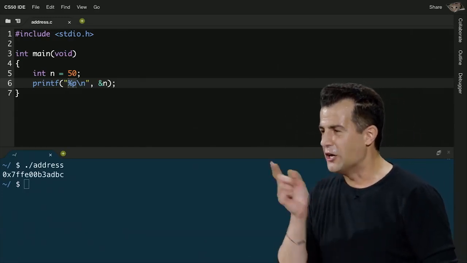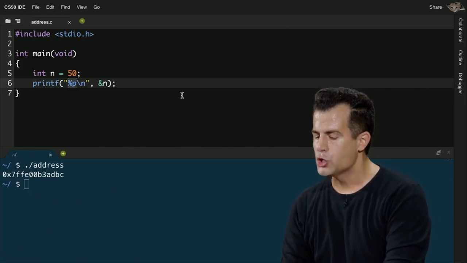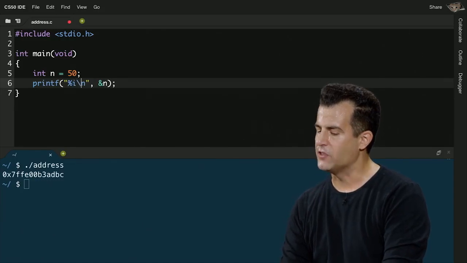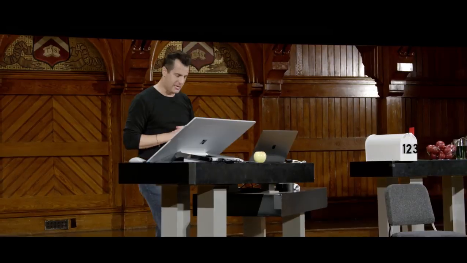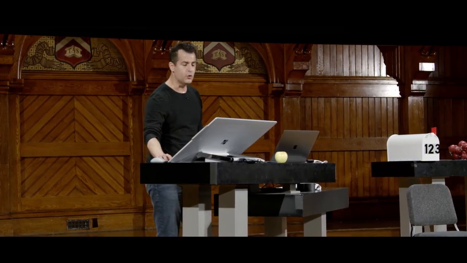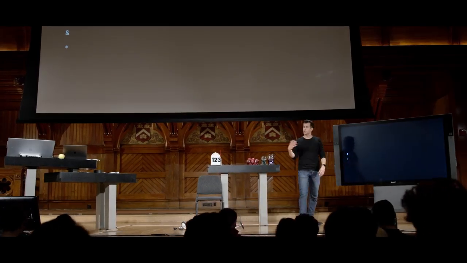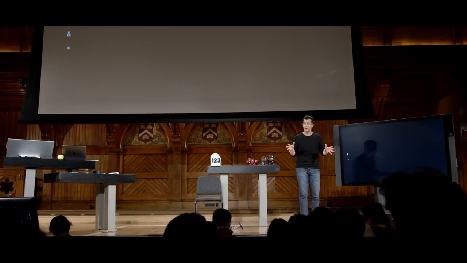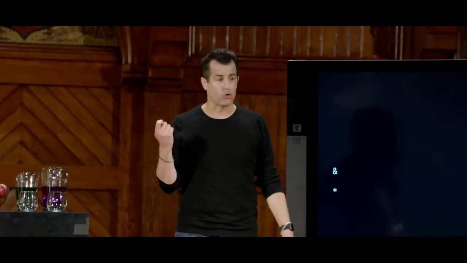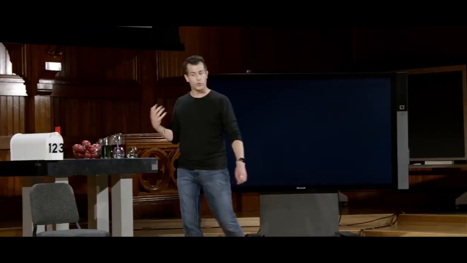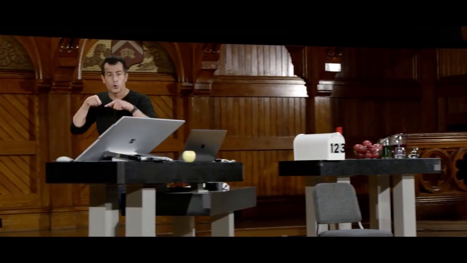Well, it turns out we can actually undo these effects. Let me go ahead and make one change here. Suppose that now I want to go ahead and print out 50 again. I can actually reverse the effects of this operator. So ampersand n means to go get the address of n. But it turns out there's another operator in C that's quite useful around now, and that's this one here. So whereas ampersand is our so-called address of operator, star, or an asterisk, we've seen before in multiplication. And today it has a different meaning in a different context. The star is the opposite of the address of operator. It says go to a specific address. So whereas ampersand means what's the address, star means go to an address.